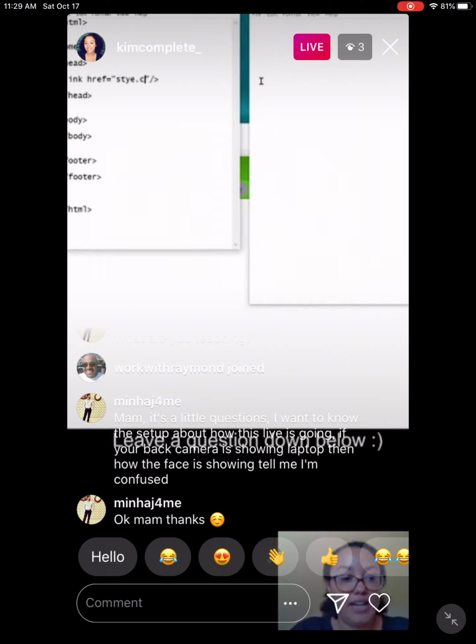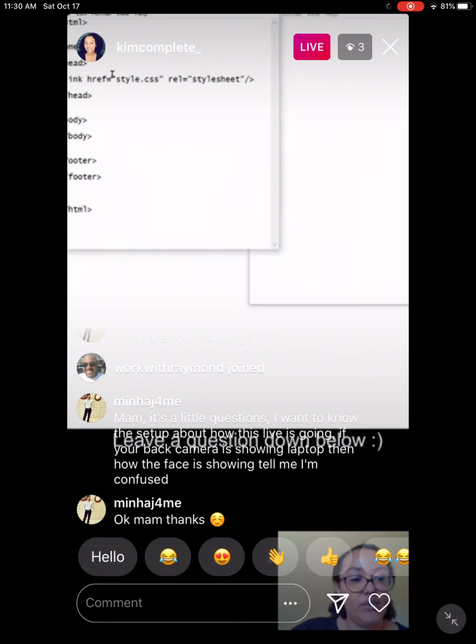So we're just going to put style.css in here. And the next attribute that we want to give to this tag is we want to tell it that this file we're linking has a relationship of our style sheet. So we're going to give it a rel attribute, that's for relation. The relation is, this is our style sheet. Again, I'm not just making up that word. This is how you have to write it for it to work correctly. So we're going to href the name of our file, and we're going to set the relation of